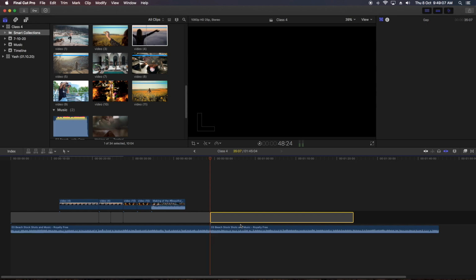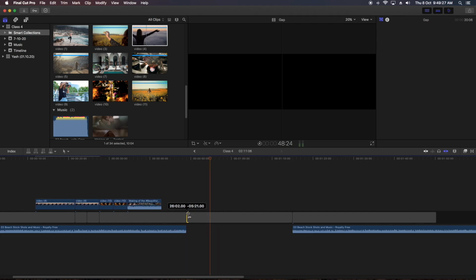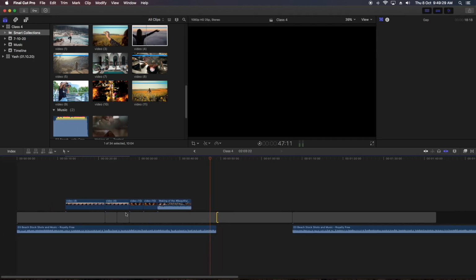By Command W. Sorry, Option W, not Command, Option. Option W will insert a gap. Now this is also a clip, so we can perform ins and outs whatsoever. Before it, everything is connected to these clips, and after this everything is connected to this.